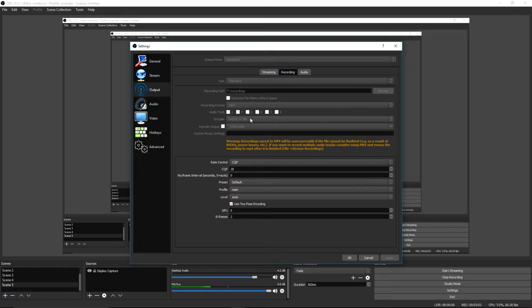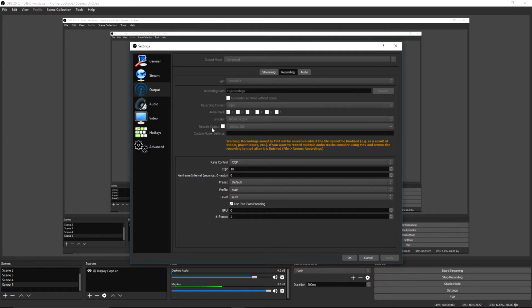And what it basically is, it's a chip on the graphics card itself, which is designated and dedicated to just video encoding. So by using this, you get next to no performance hit, most of the time no performance hit at all, and you still get really good looking videos. So I would definitely recommend the NVENC